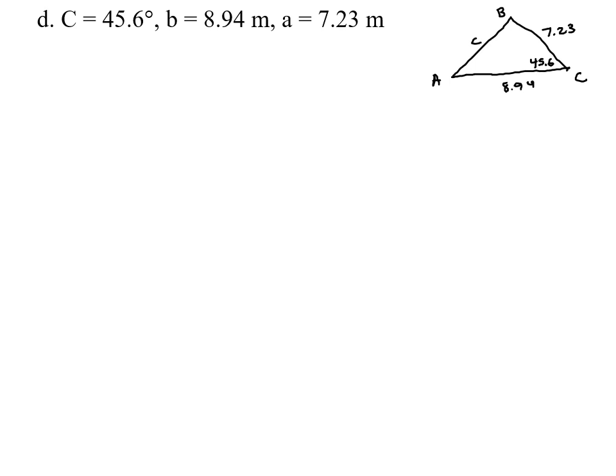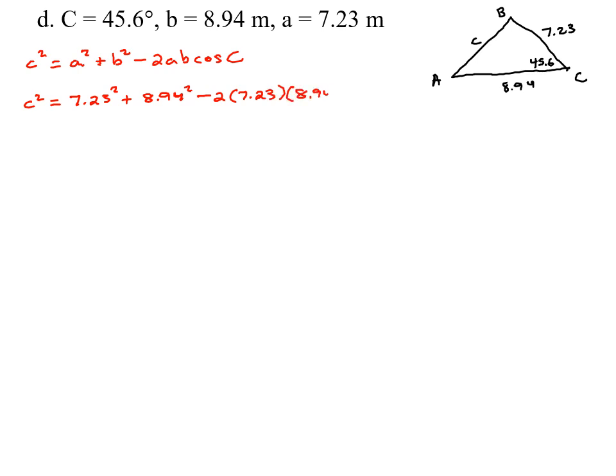So again, this is a side angle side problem, very much like the last one, except now I'm going to be solving for c. So I'm going to use the formula c squared equals a squared plus b squared minus 2ab cosine C. So a is 7.23, b is 8.94, minus 2 times 7.23 times 8.94 times the cosine of my angle,